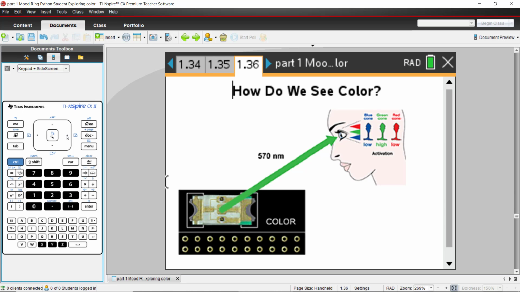So now we know a little bit more about how our eyes work and how the LED on the hub is interacting with our eyes. Stay tuned for the next activity, where we'll begin talking about the physics of white light. So take a moment now to navigate to the next page, Activity 7,